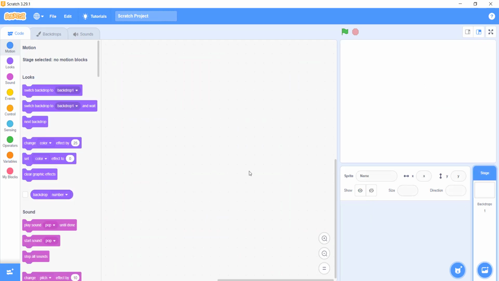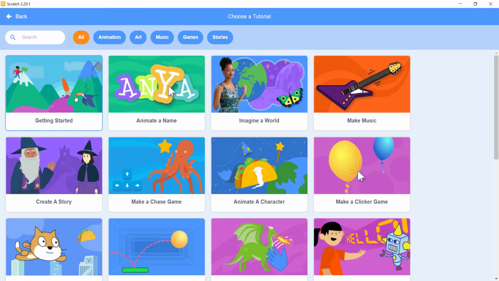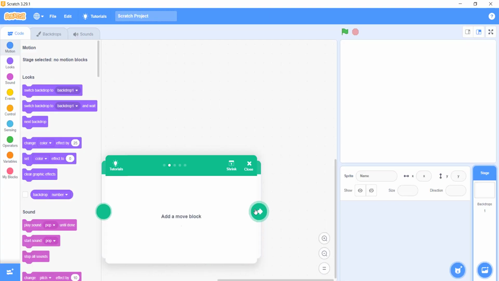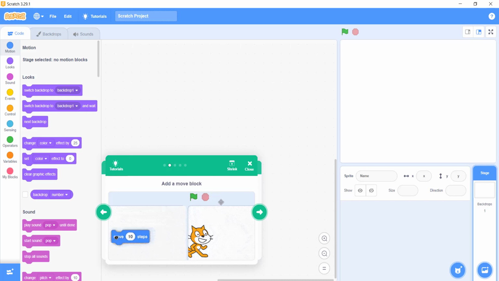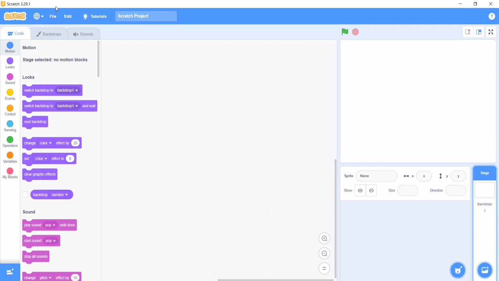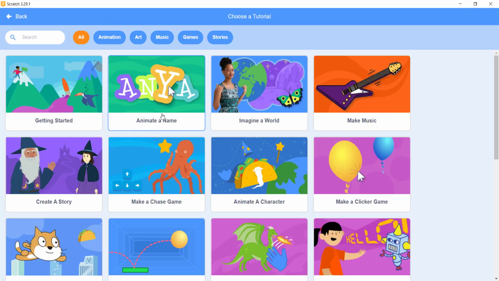Now, today we will start by making a game. If you're getting started, let's make a game that's for getting started. So, add a new block. Well, let's see. Okay, we'll go with another one. So, let's just make